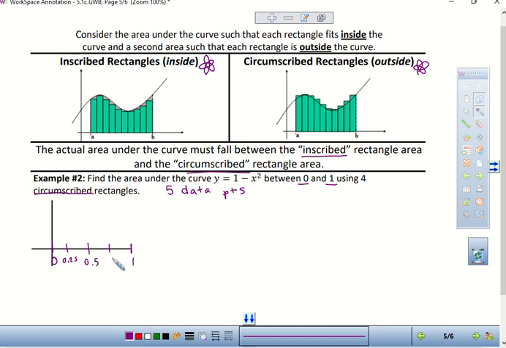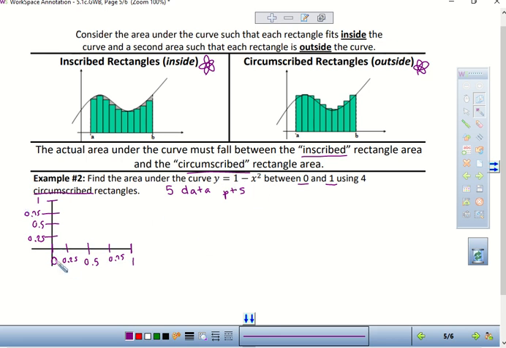Good. And here? Good. You can either go by 0.2s or by 0.25s on this side. So I'm going to go up to 1, and then I'm just going to do the same scale over here. Now, if I hadn't tested this ahead of time, you just want to make sure that the data points that you're going to actually get when you plug them into the function are going to be within this range, which